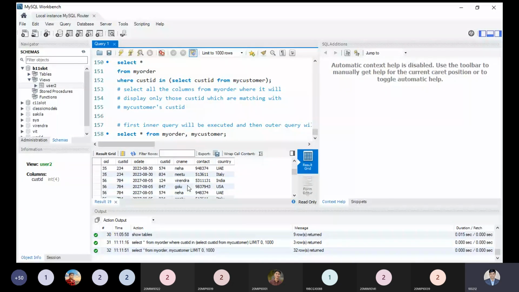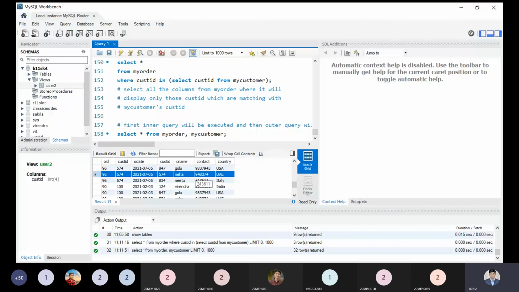So this was the first. Yeah, and this one also has the same customer ID, so this also will be selected. So first one was the 834, and next we have the 124. And let me check again. Next one. Yeah, this one 96 number. So 574. So we are getting all the data over here, and others are not matching.